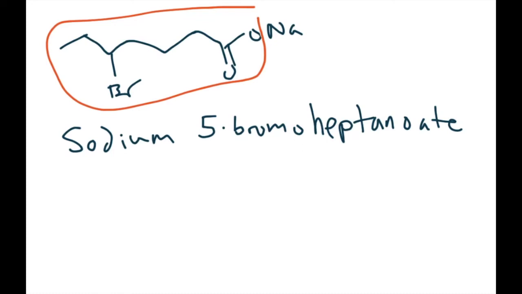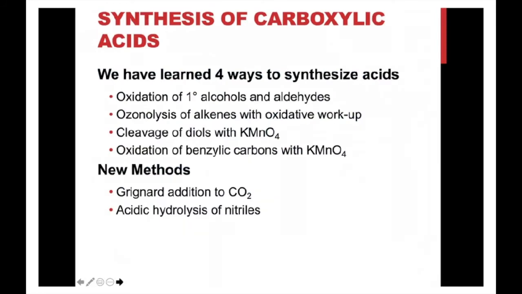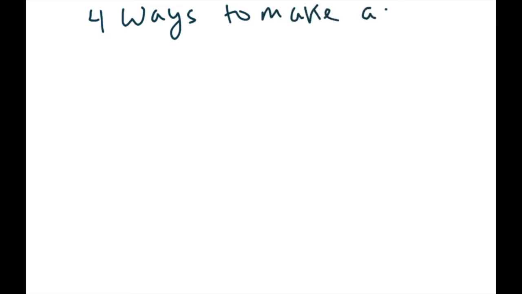All right, so next up we're going to do your favorite thing, which is remind you of all the things that you have forgotten. All right, so you have 4 ways you know how to make carboxylic acids. We're going to go over those really quick. And then we're going to have about 2 new ways we're going to teach you how to make carboxylic acids. So ways you know how to make carboxylic acids, right? So you have 4 ways to make acids. Number 1,